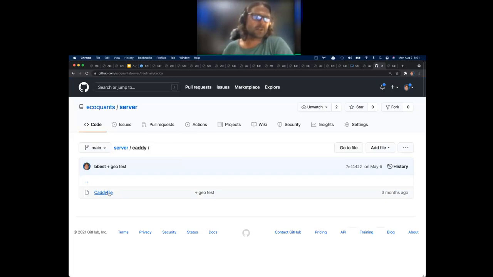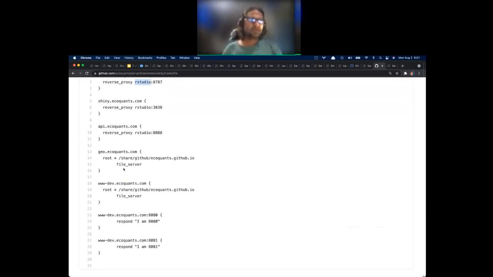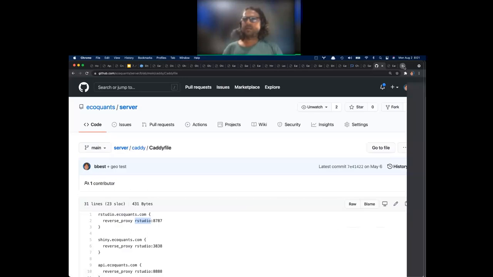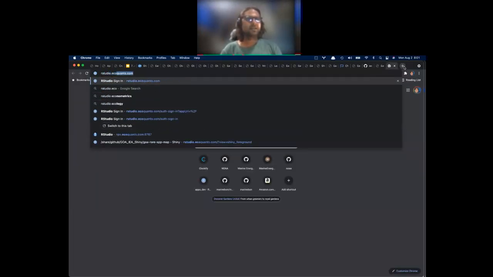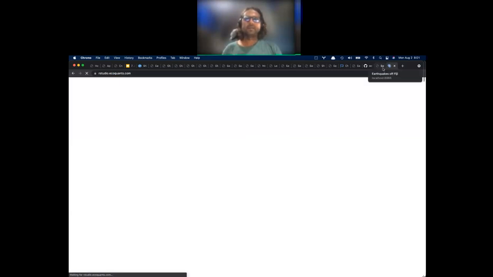this. It's its own web server, and this is all it's doing. I set up RStudio and Shiny, and actually I just call it RStudio because I want to be able to, if I look at rstudio.ecoquants.com, then this is on the server, and then